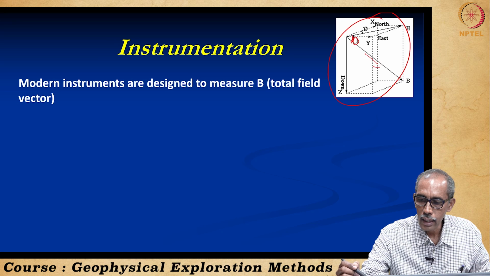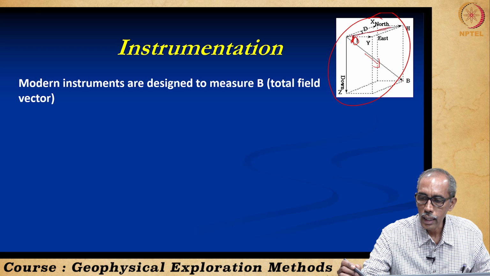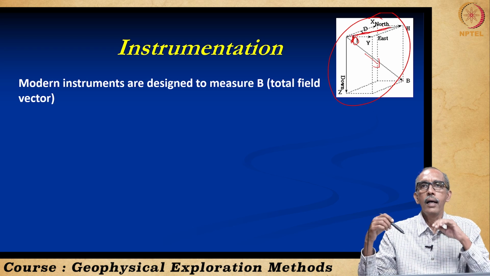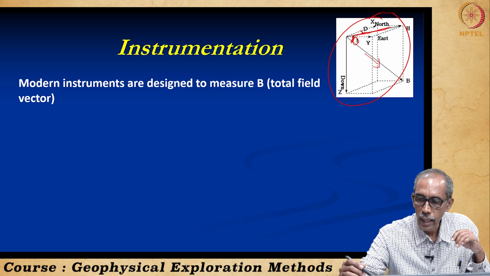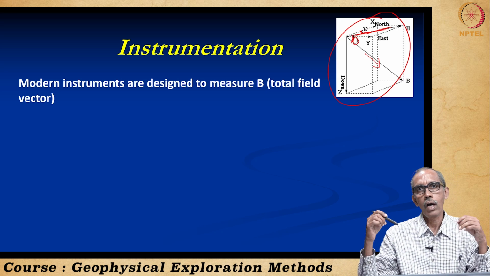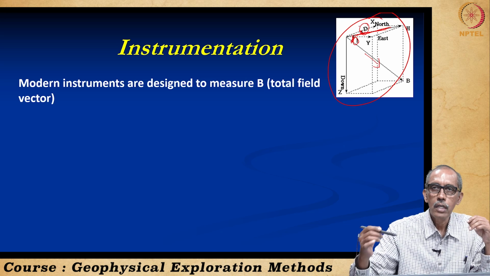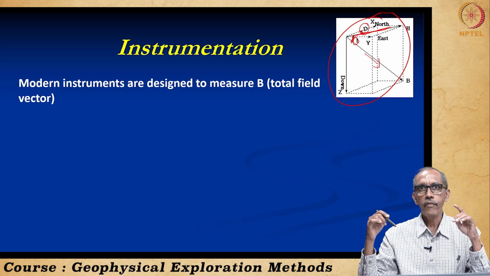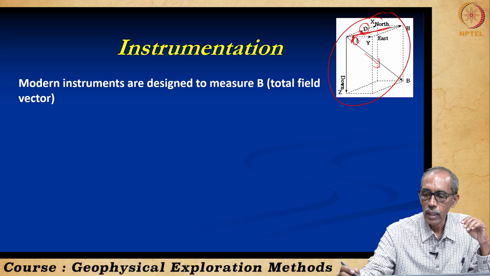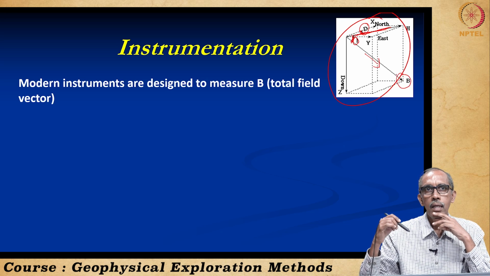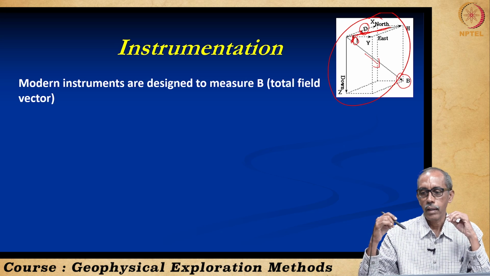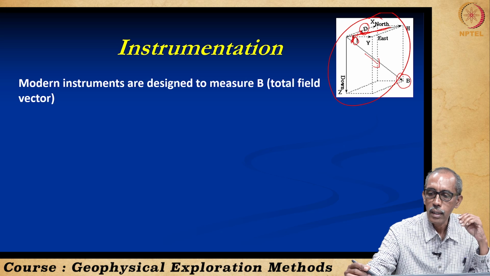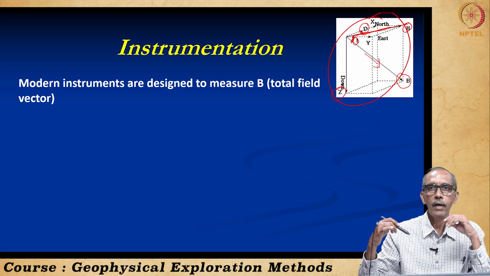This is the magnetic needle now, and the projection of this on the horizontal plane I am now marking in red color. The angle that the projected horizontal line makes with the geographical north is known as D. So, these 2 are angles, and all the other 3 are field vectors. The total field vector is referred by the letter B. It is the total field vector. Horizontal component of this field vector is given by the letter H, and the vertical component is referred by the letter Z.